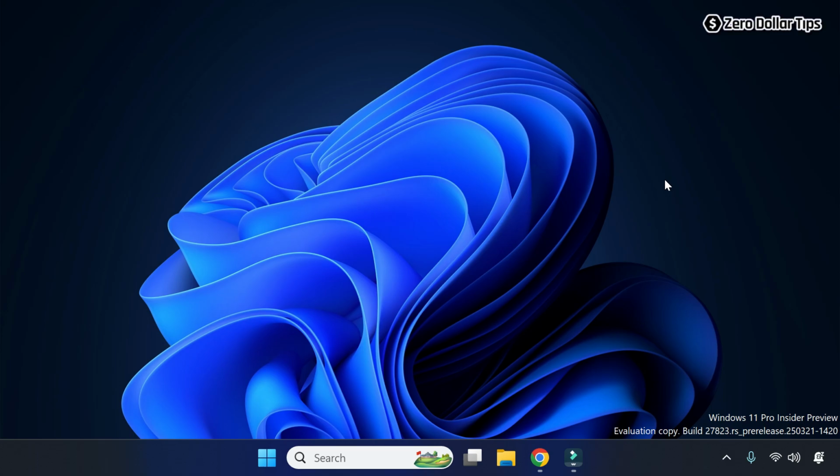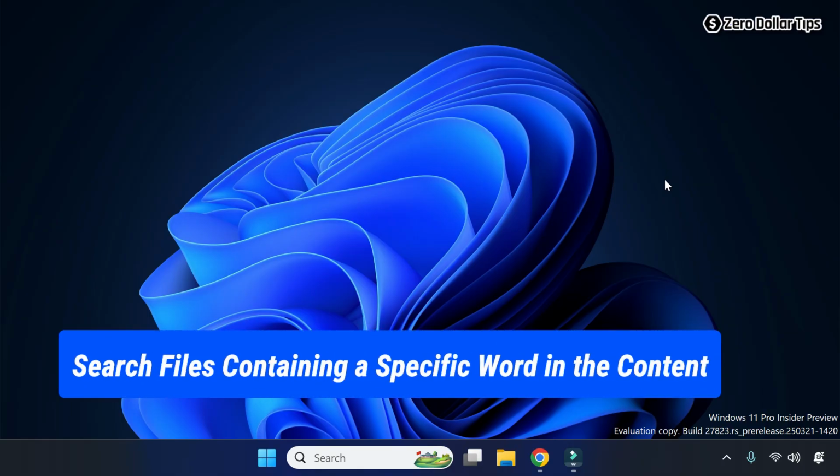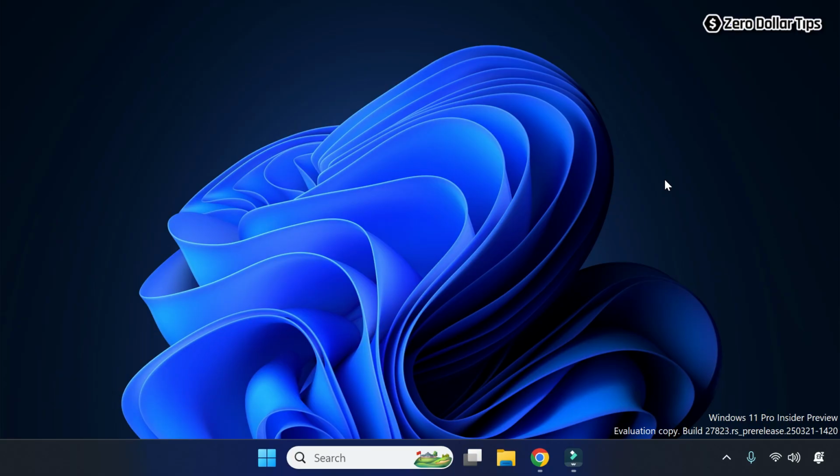Hi guys, if you want to search for files containing a specific word in Windows 11, then let's see how to do it. To find all files that contain a specific word or text on Windows 11, first of all